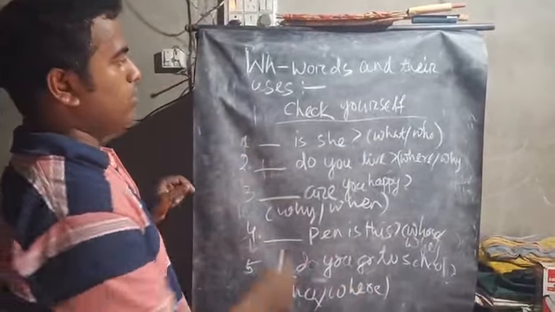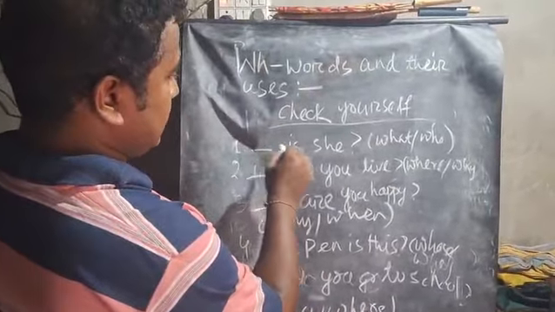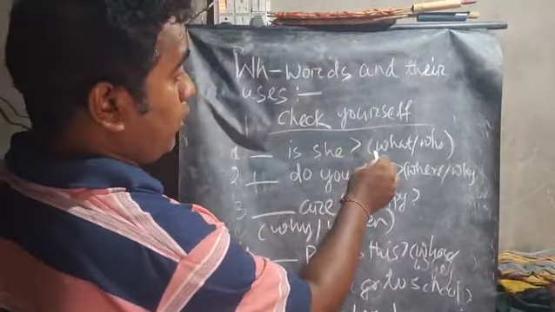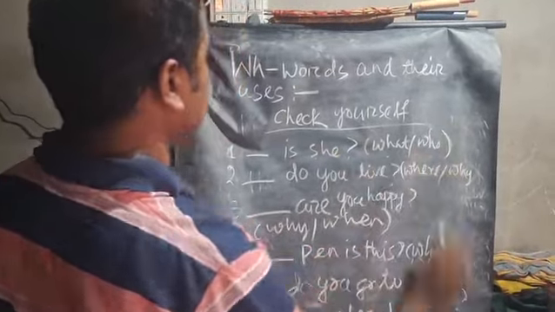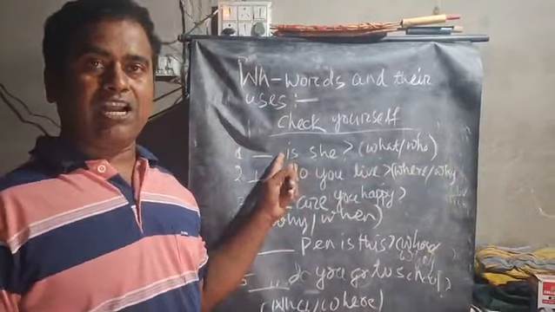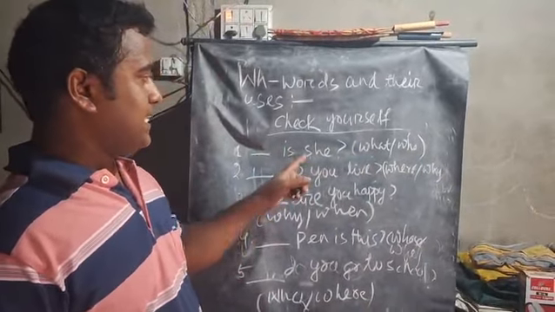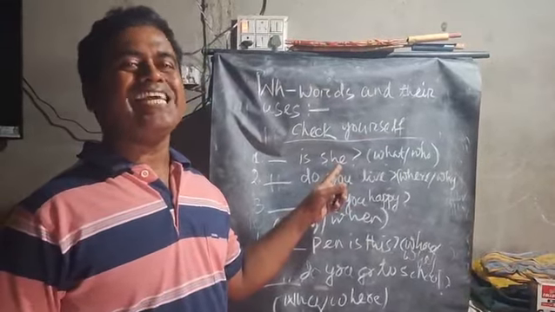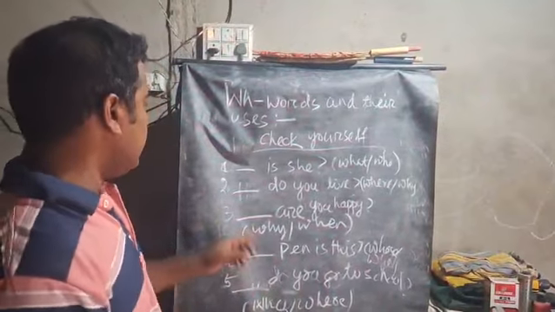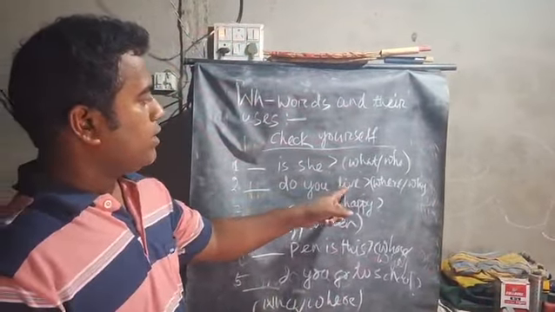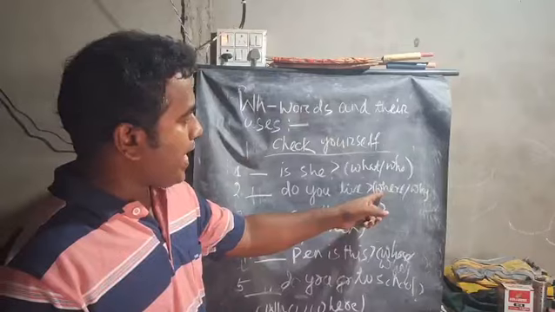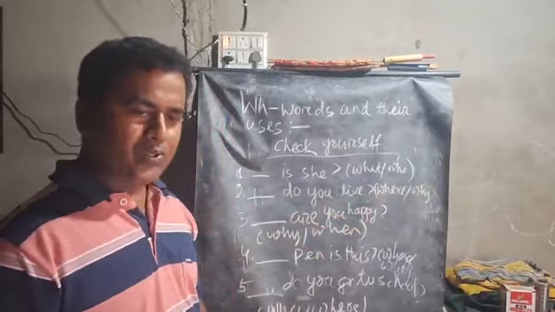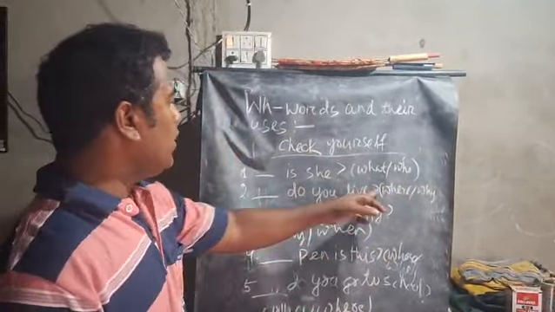Let me check yourself. The first one is, this is C. Choose the correct alternative. What or who? Now Akanksha, stand up and say this is C. Good girl. Who is C? Sit down. Ansuman, you have to stand up and say this do you live? Choose the correct alternative. Where and why? Good. Where? Where do you live?